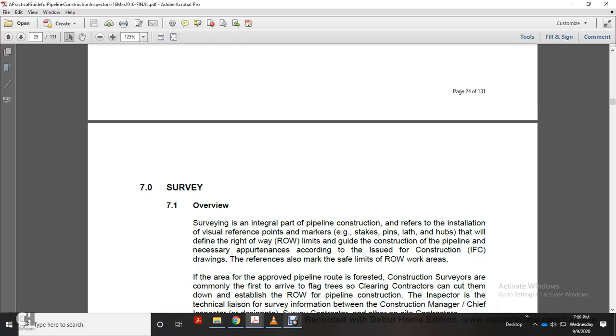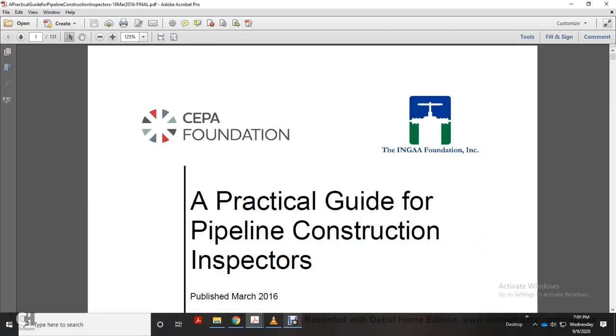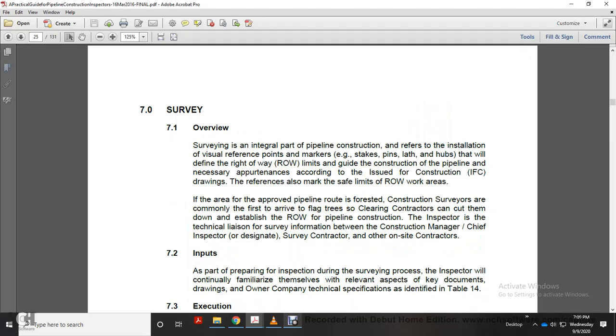Our Chapter 7 survey. We'll go back to the practical pipeline guide for pipeline construction inspectors. We are on page 25, I believe. Survey. Survey and take all pipe of the pipeline construction and refer to the installation visual reference of the points